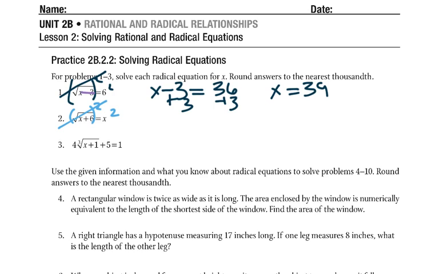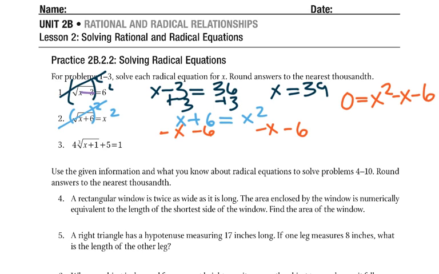Those cancel, we get x plus 6 equals x squared. Now, here's the problem. How are we going to get rid of that squared? You could say take the square root, but that takes us back to where we are. So what you have to do is get these on the same side and turn this into a quadratic, basically. Then we can solve the quadratic using the quadratic formula, graphing it, using polynomial tools on the calculator,